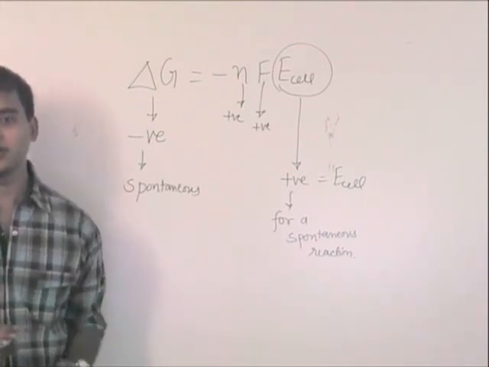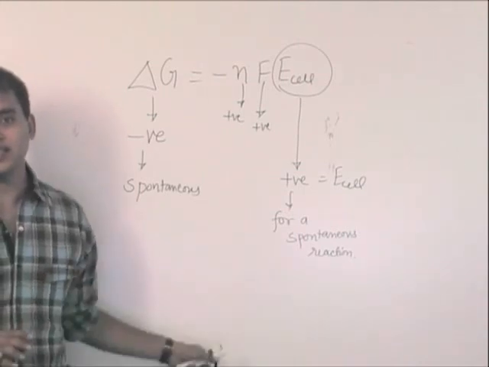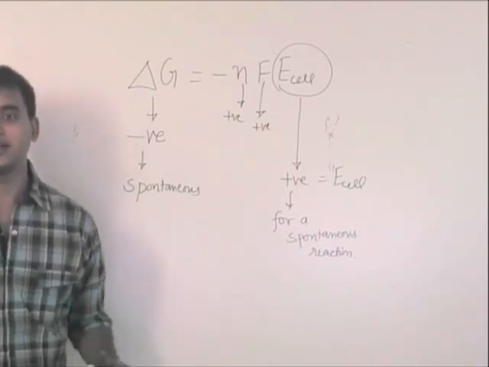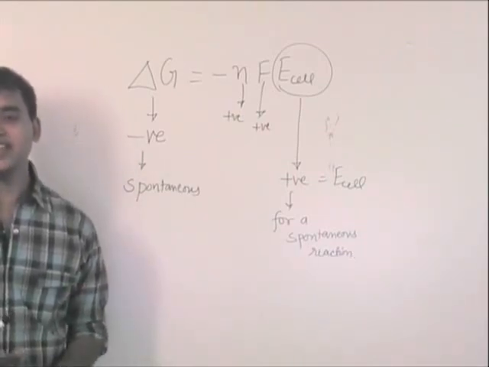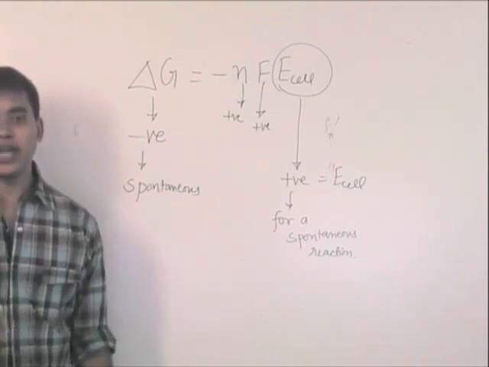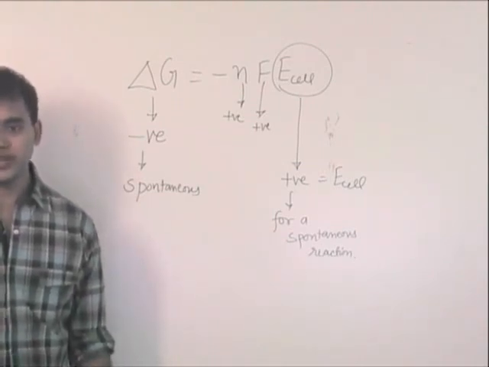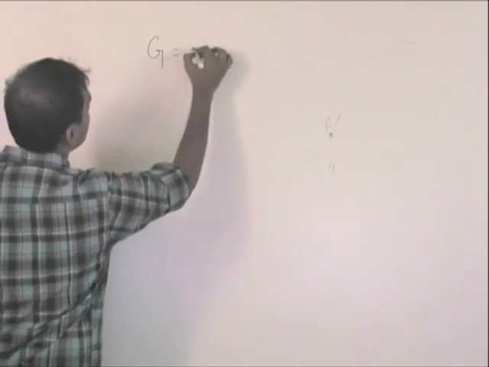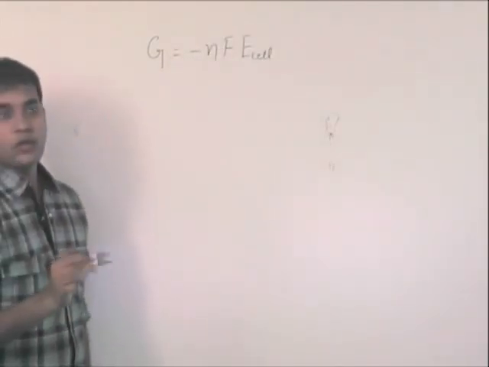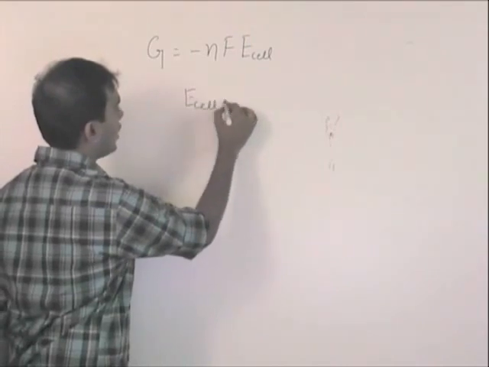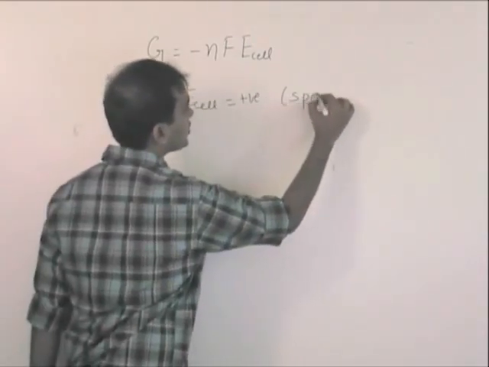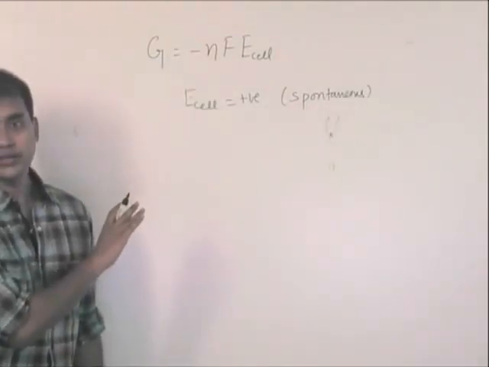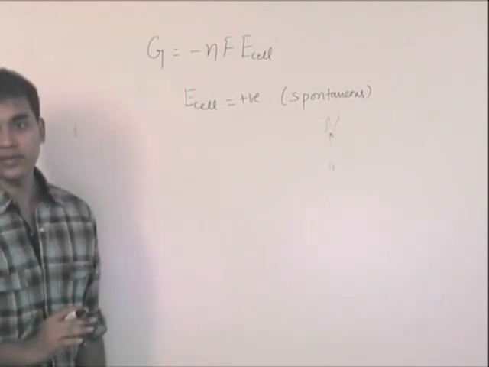So you don't have to remember this now. Just calculate the E cell. If it is coming out to be positive, what you have assumed to be anode and what you assumed to be cathode is right. And if you are getting E cell as negative, your assumption for the cathode and your assumption for the anode are wrong. So just reverse them. Simple enough. So up till now, what we said was E cell has to be positive if the reaction is spontaneous. This is clear to you? Yes. And we will do questions based on this, okay?